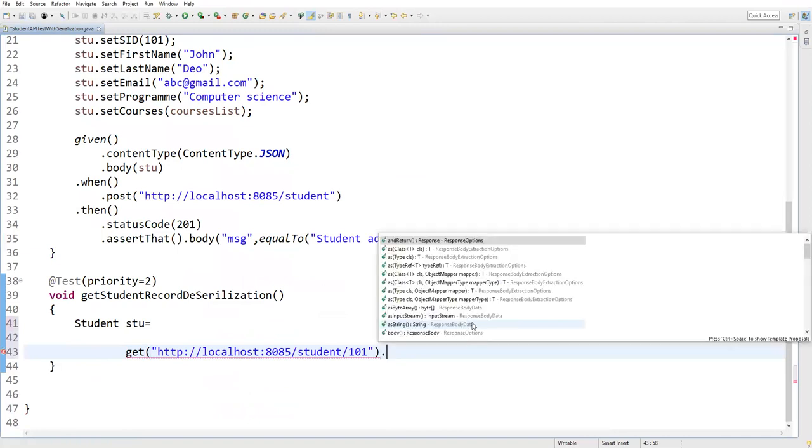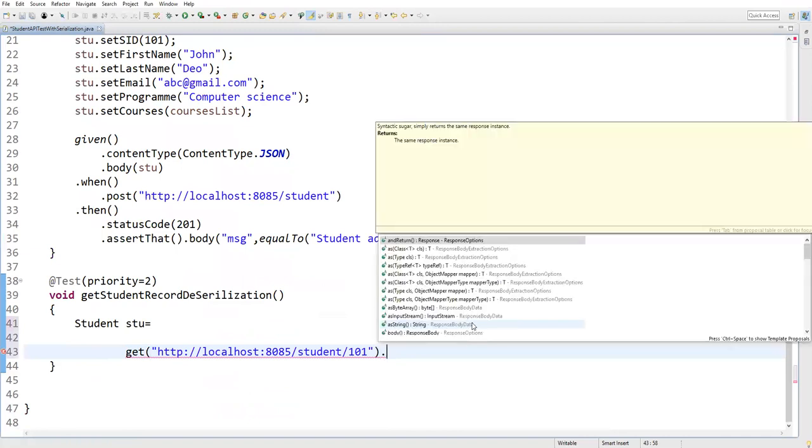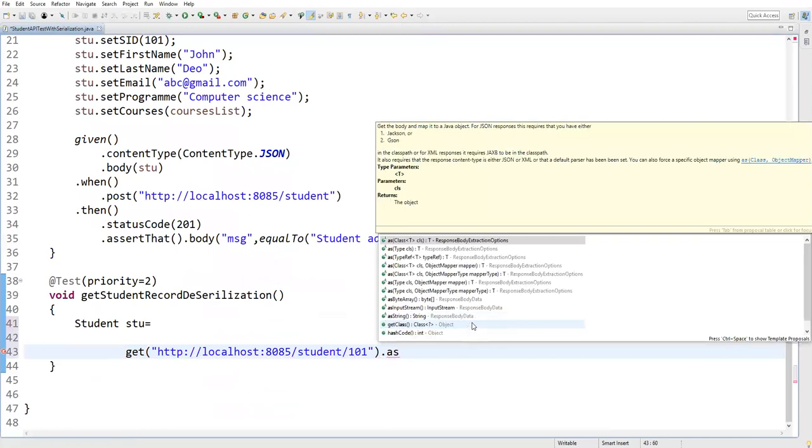So dot. So what does deserialization mean? The data is available in the form of a file. We need to extract that particular file into object format. So that is the process of deserialization. So here we need to say as